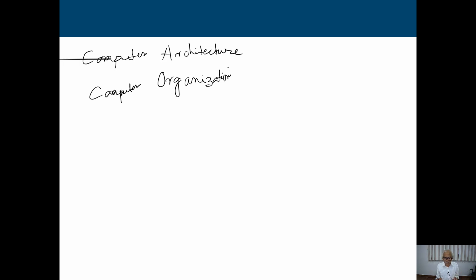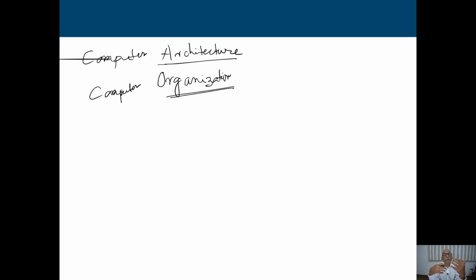Now, some of the issues we are going to resolve from an architecture point of view, and some of the issues we are going to discuss as the organization of the processor. Okay, now what will happen in case of architecture? Basically, what are the issues that fall under architecture? We can simply give the idea like this. This is basically the designing of the instruction. You can say what are the different operations that we are going to perform with this particular machine. So basically this is the instruction set.